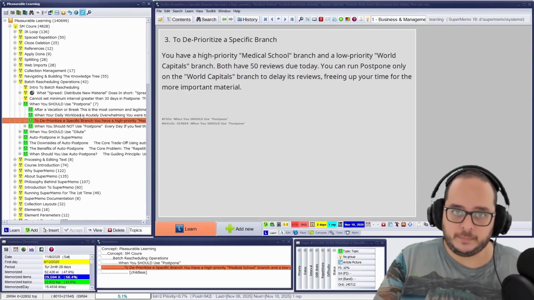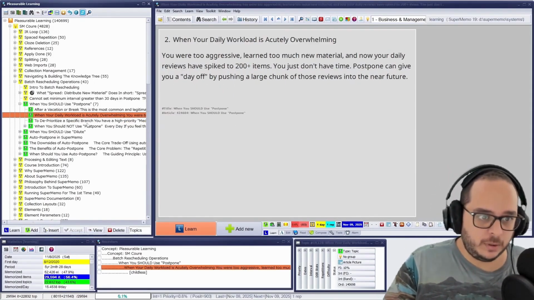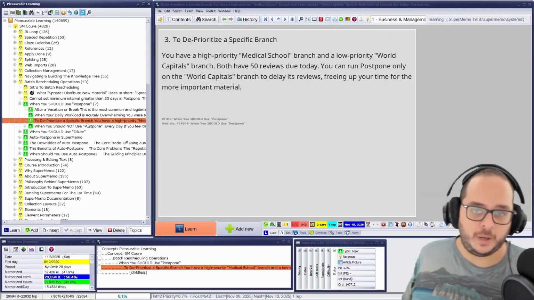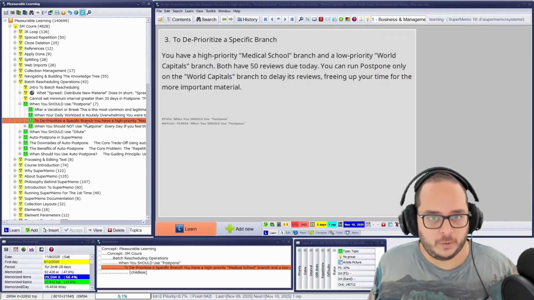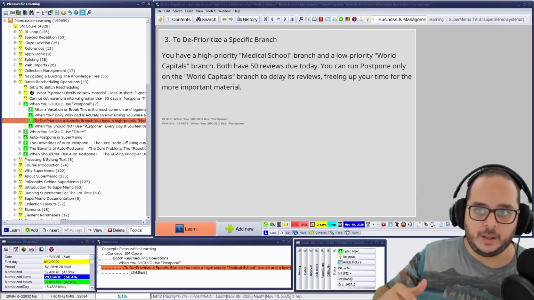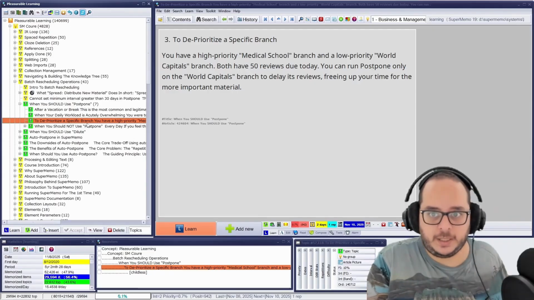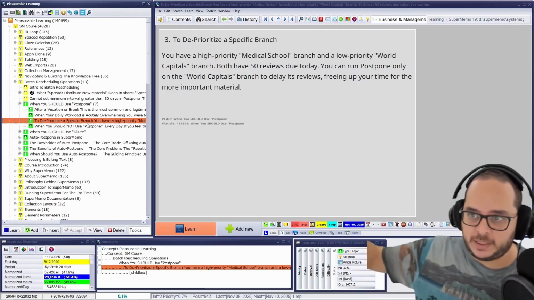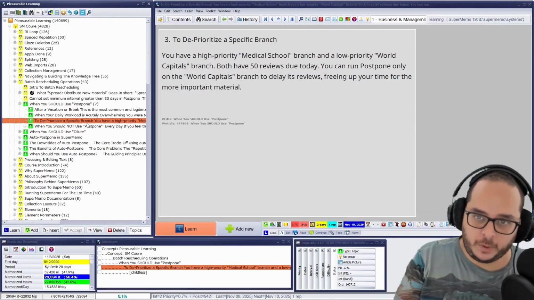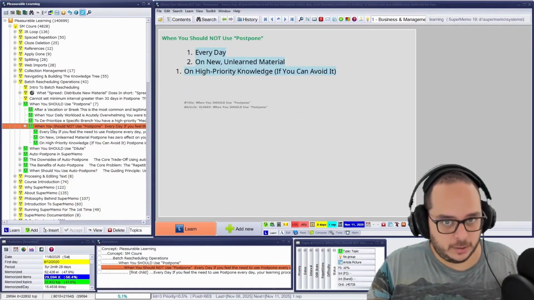And that's about it. So after a break, when you have too much load, or when the load is from a specific place, could be a branch, a concept group, or whatever, and you want to deprioritize, one of the things you can do is just deprioritize, and that's it. Therefore, they will be sitting and piling up. That's it. Or you can do postpone if you want to.